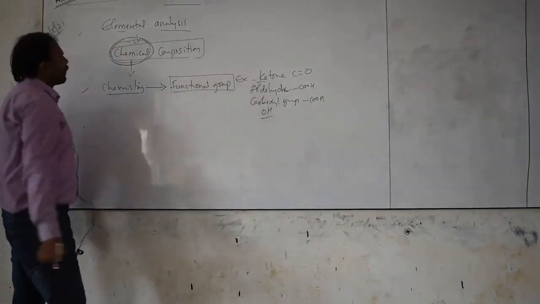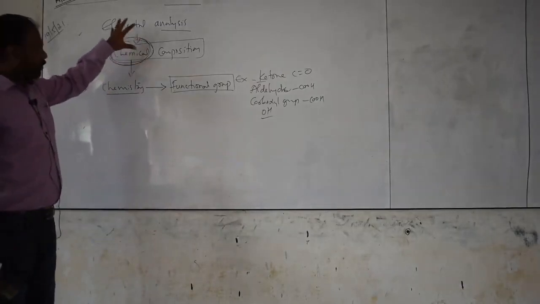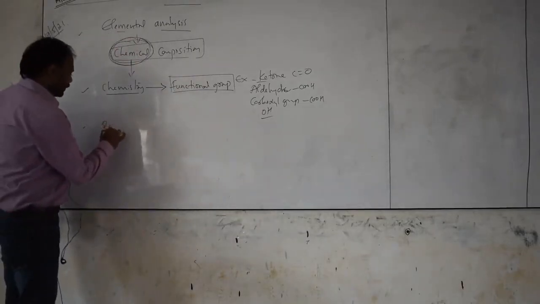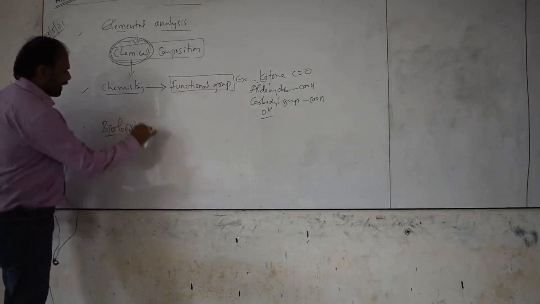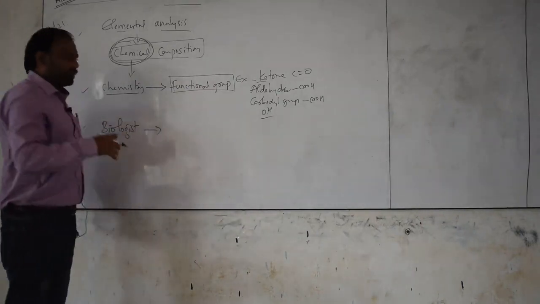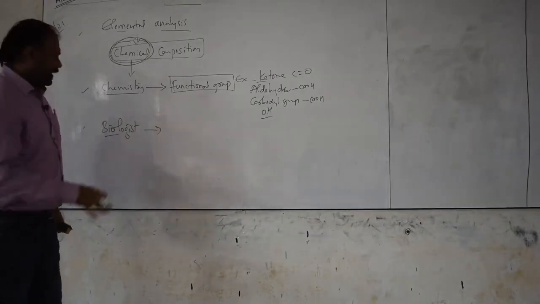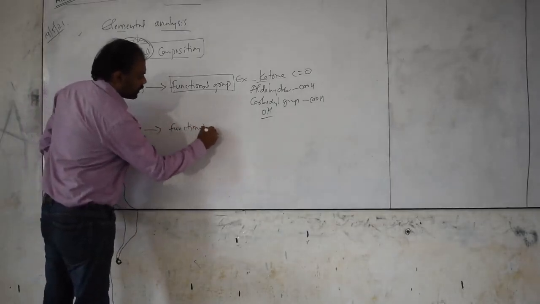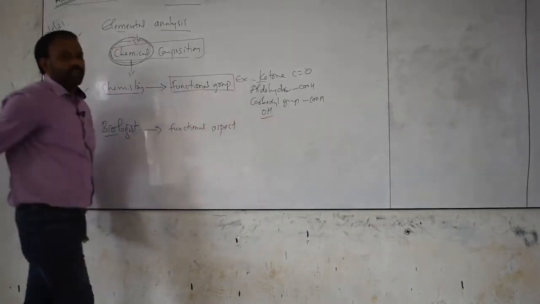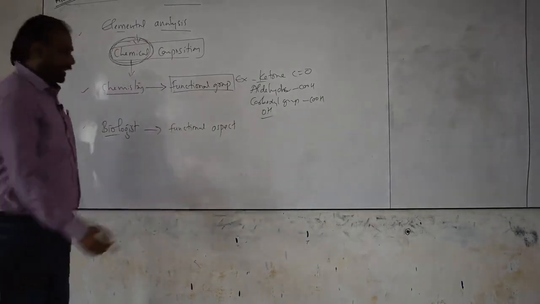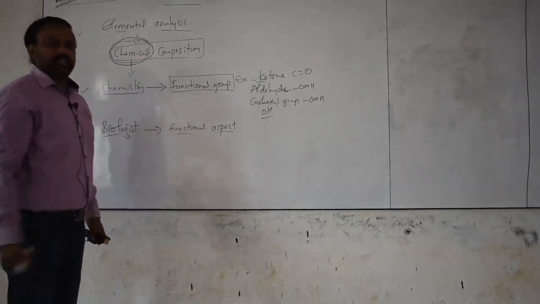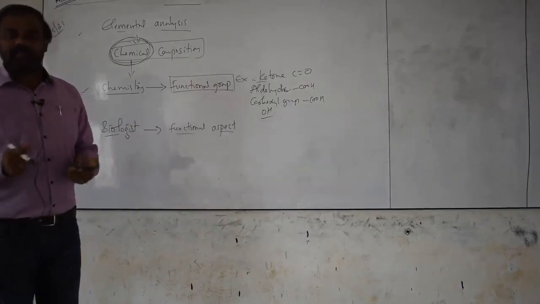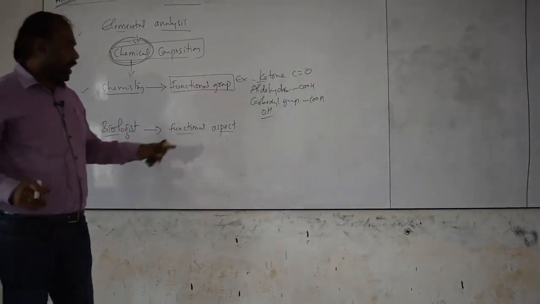At the same time, when we give this chemical to the biological individuals, or we can call them biologists, scientists, according to the biological point of view, they are always concerned with a very important word, that is functional aspect. Do remember, they are always concerned with the functional aspect. I mean to say what it does in our body, what it does in the living system, what it does in the plant body or whatever the living systems are there,